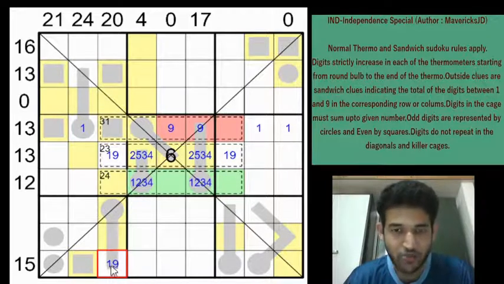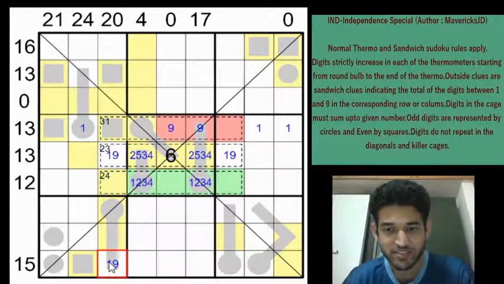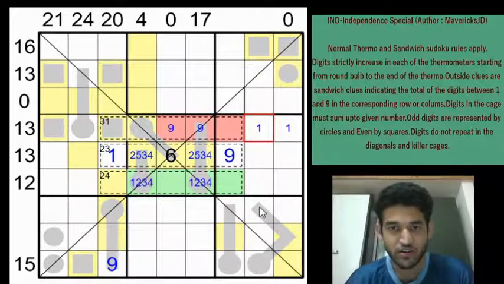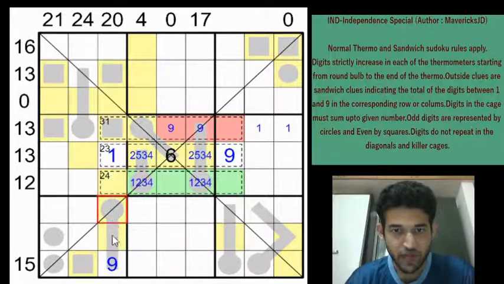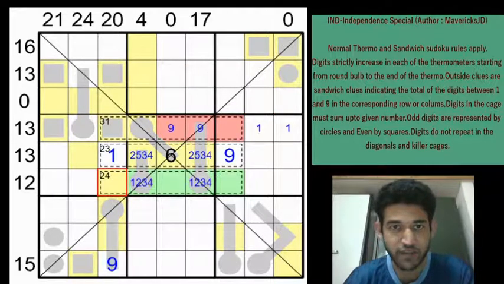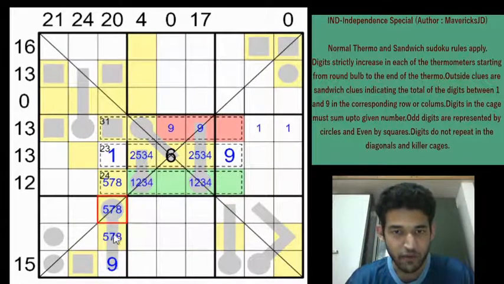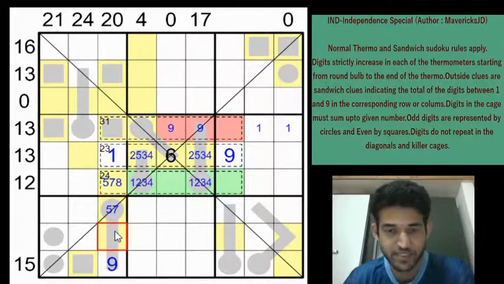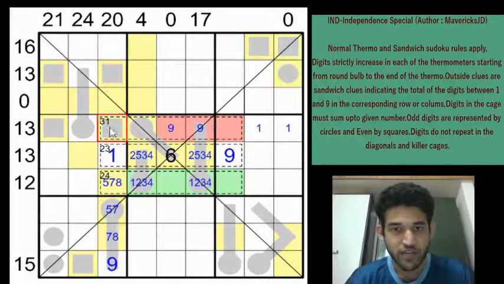But this cell cannot be a 1, it has to be a 9 because a 1 cannot be at the end of the thermometer. So that gives a 1 here and a 9 here. And that eliminates the 1 from here because of this one. Now we get a 1 here or here. Good. So we can mark the 5, 7, 8 here. So this will be a 5, 7, 8. This will be a 5, 7, 8 and this will be a 5, 7, 8. And because of the thermo property, this is going to be 5 or a 7 and this will be a 7 or 8. And this is going to be 2, 3, 4 and 6 in some order.